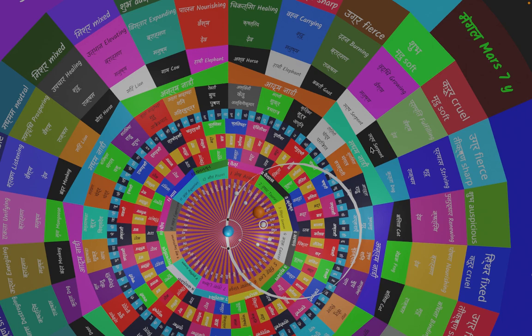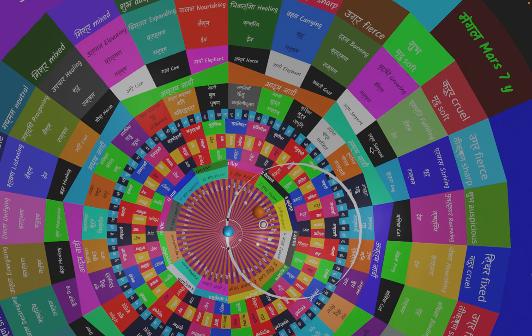So the main idea is that these zones in the sky are fixed, they will not change. They will be the same after 10,000 years, and even 10,000 years ago they were the same. So these are concrete, solid points which we can rely on for the calculations that we are doing. Fixed zones in the sky that do not change or decay are called the nakshatras. That is the literal meaning of nakshatra.